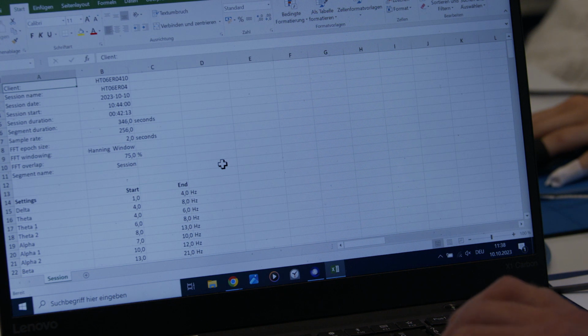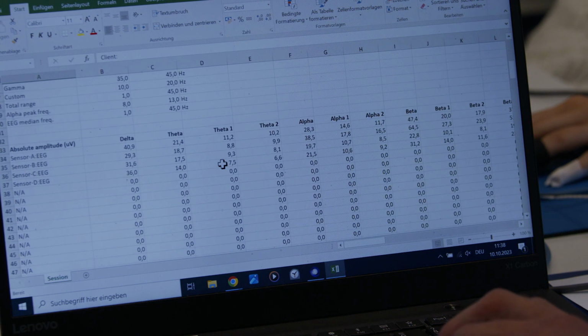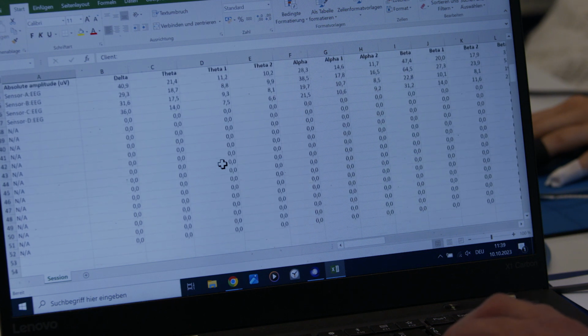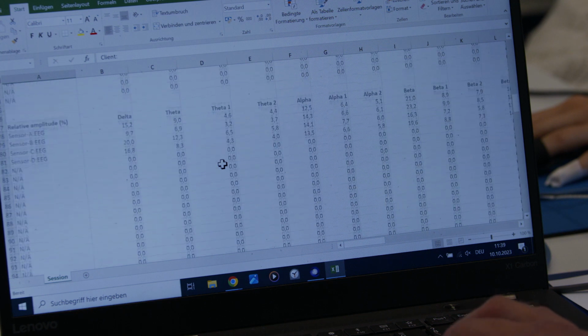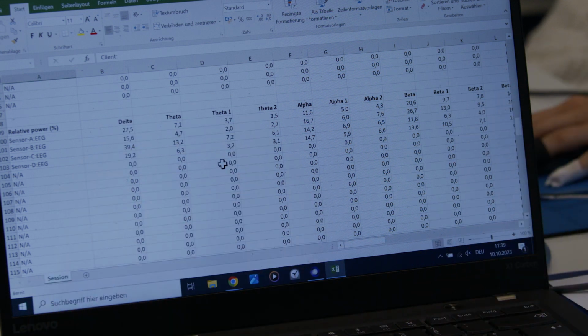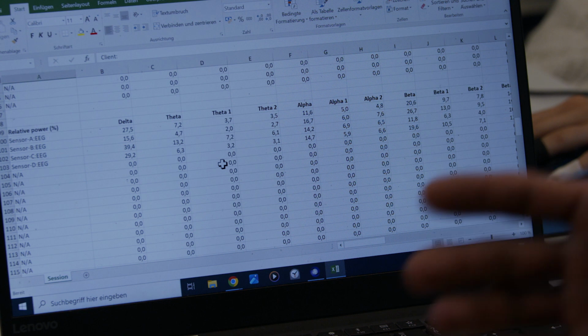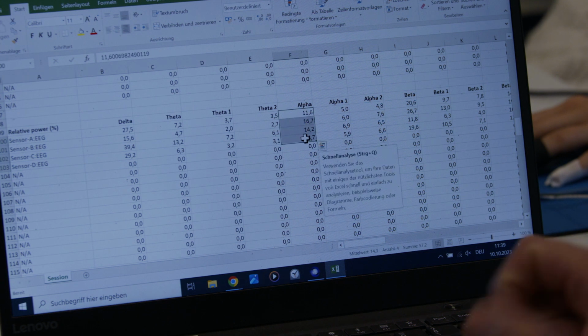Open it with Excel, and now you have this Excel sheet where you can pick out the measure that is most interesting to you. So we are looking at relative changes in absolute power because that gives us a good idea of how the activity of the brain changes within frequency bands relative to the frequency bands. So whether we have an increase in theta, beta or alpha,